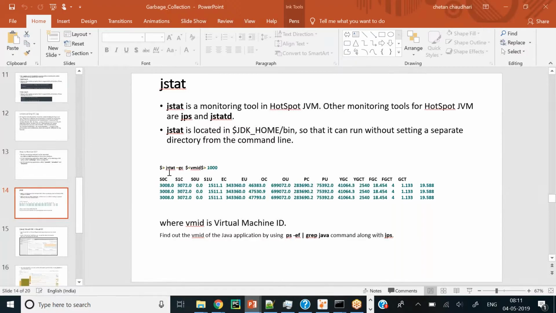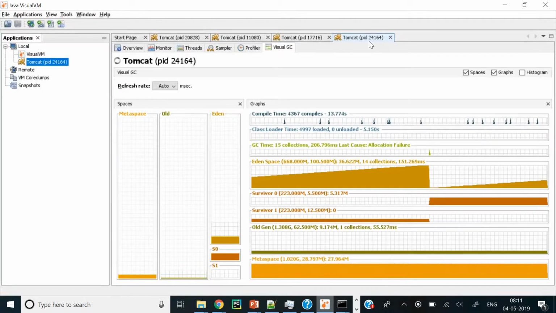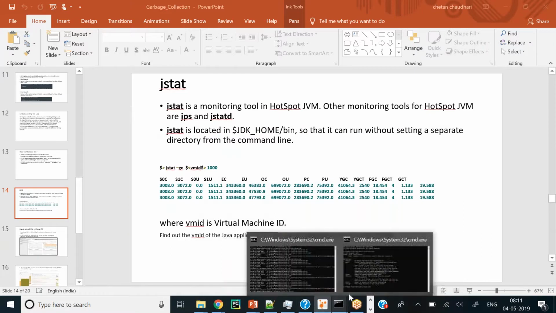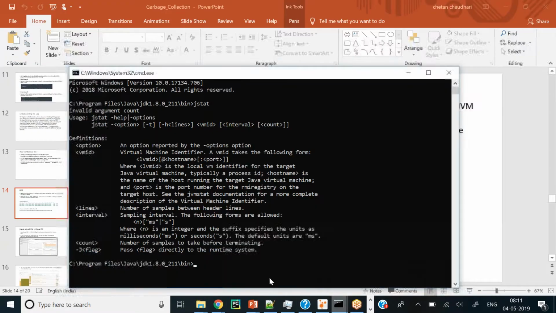Okay, so now we are seeing jstat -gc, then we are giving the VMID and interval. Let's see if we have one Tomcat running over here. What is the PID for that? It is 24164. Let's see if we can grab the statistics for that.